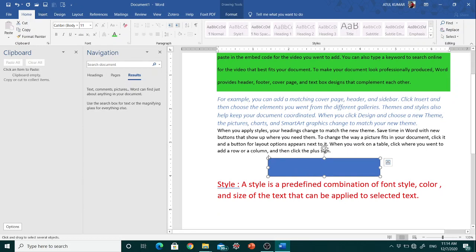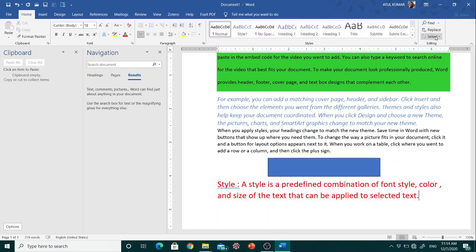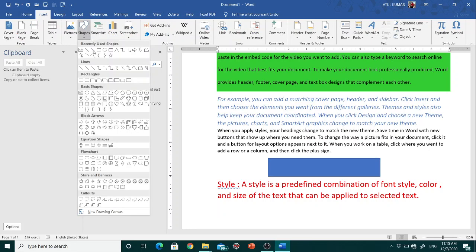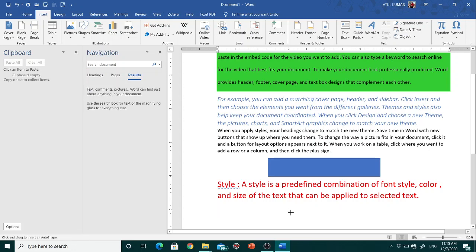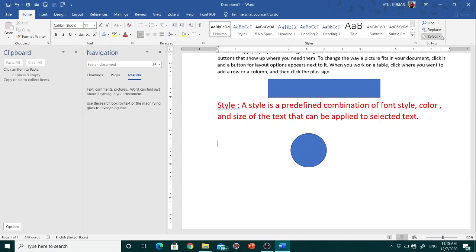Now I am adding one more object here. So this one is the second object, and now I'm using this option select objects.